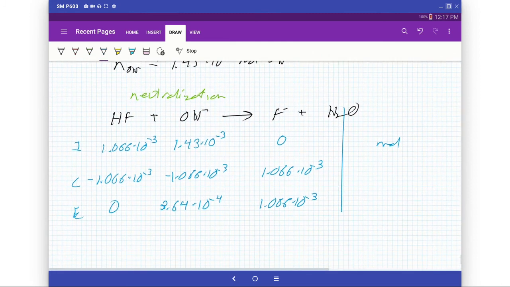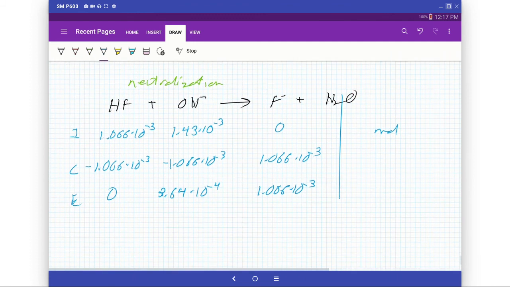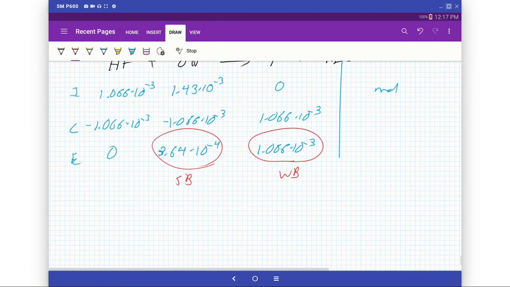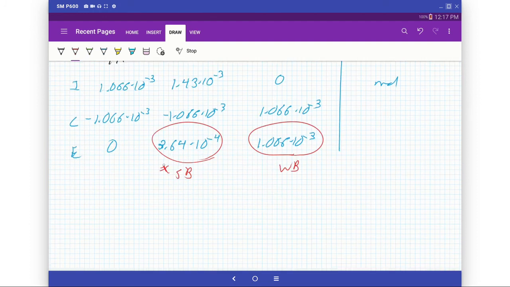So here we have a strong base and a weak base. We've already done the calculation with acids to show that if you have a strong acid and a weak acid, this is when we did the sulfuric acid, the strong acid dominates. The weak acid doesn't contribute to the pH. So here, we only need to worry about the strong base. And so the hydroxide ion concentration is